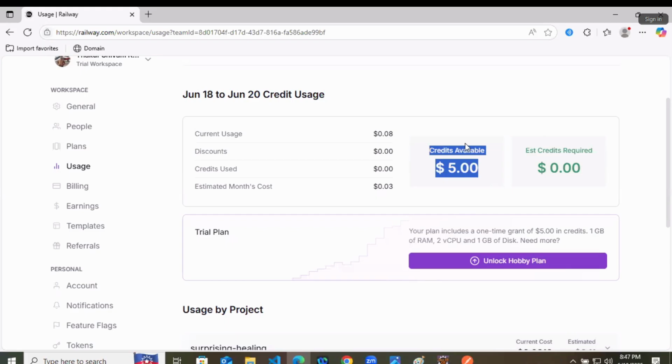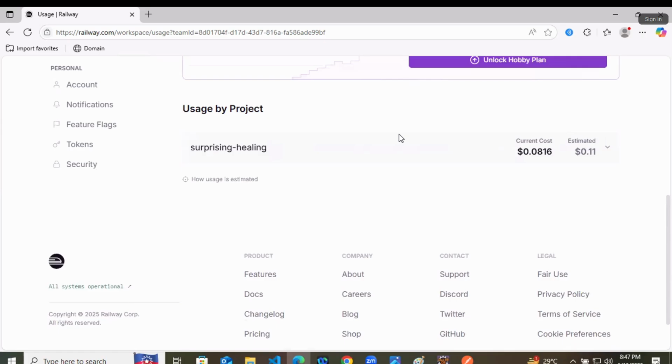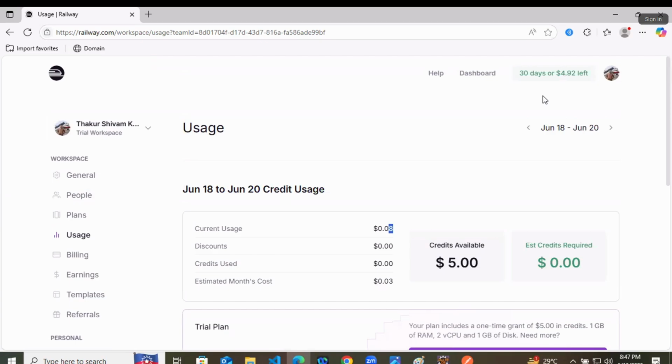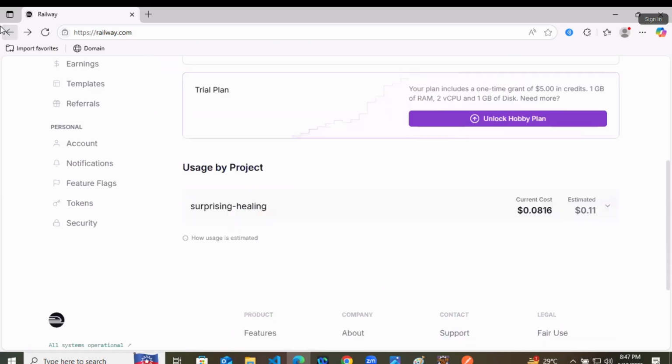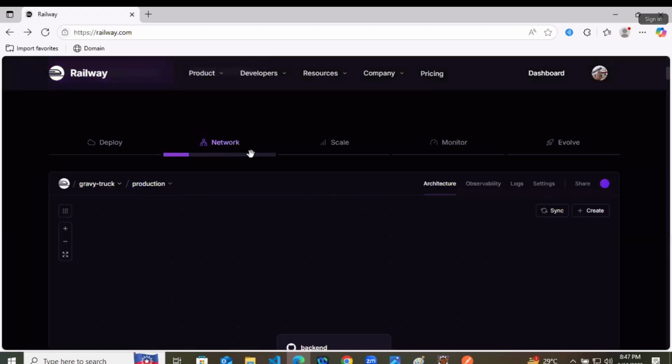Means I have not used anything, just a little bit I have used, 0.08, just that too for creating the online database, right? And $4.92 is left. So 0.08 is gone in creating the database only.